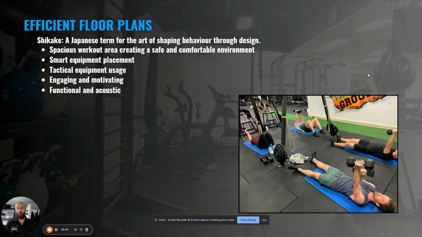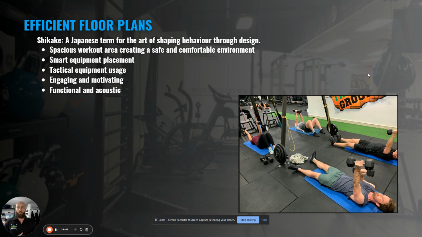Step 2 on here. So the floor plans, which I mentioned before, I put one of the photos in here of one of our old setups, but you can see here, we've conveniently laid the mats out. We've got the resistance bands tied up on there. We've got dumbbells next to everyone's mats just to show where to go, what to use, have your own little space and working in through there.